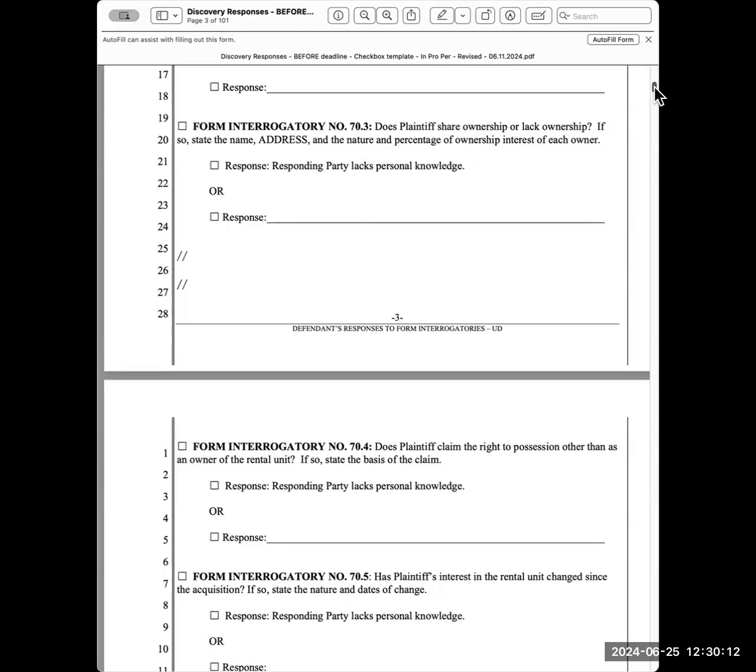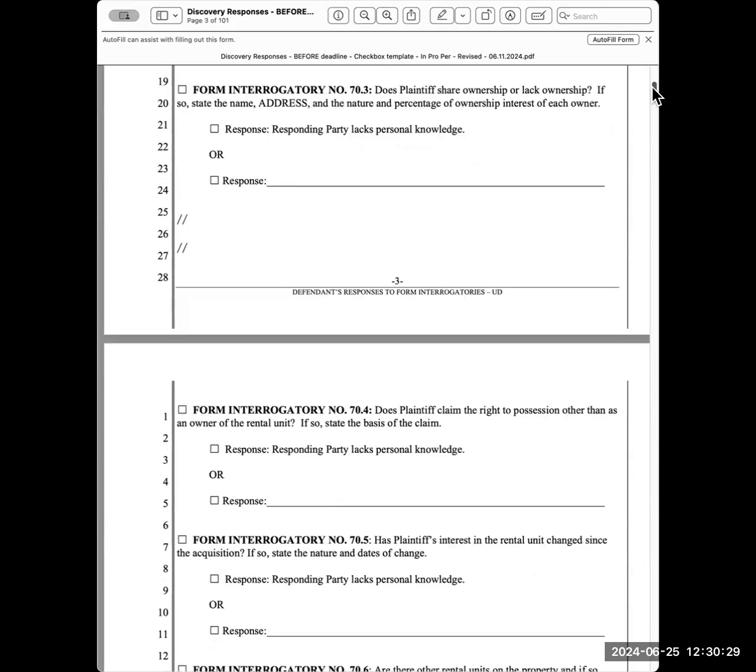If you have questions as we go through this document, please write them privately to me in the chat. At the end, we can go over any questions that came up during our review of the individual interrogatories. Please be sure to reference the interrogatory number if you have a question about a specific interrogatory. Next question,